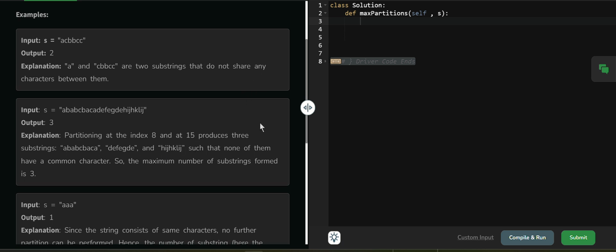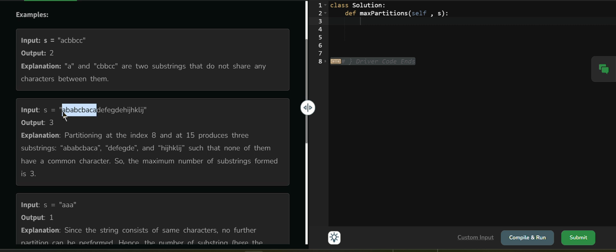Okay, fine. So what can be our approach here is, let's check this example. If I am traversing this string s, I should know the ending index of any character. Say I know that the ending index of a is up to here, so I can assume that my substring 1 can be this only.